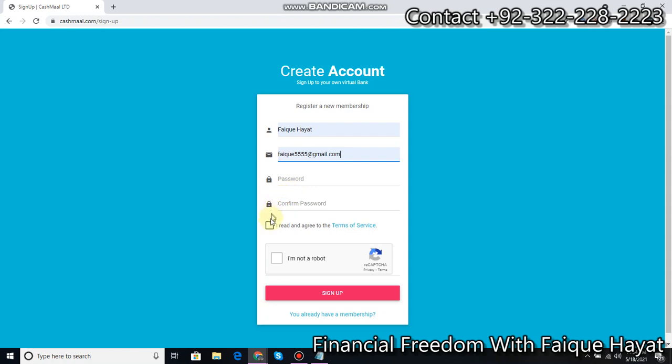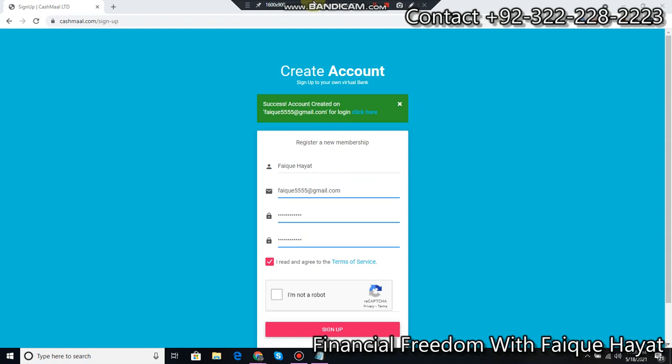After submitting the password you will check this box, I read and agree to the terms and conditions. After that, you will check this box, I'm not a robot, solve the CAPTCHA, and you will click the sign up button. After that, we will be redirected to our dashboard.